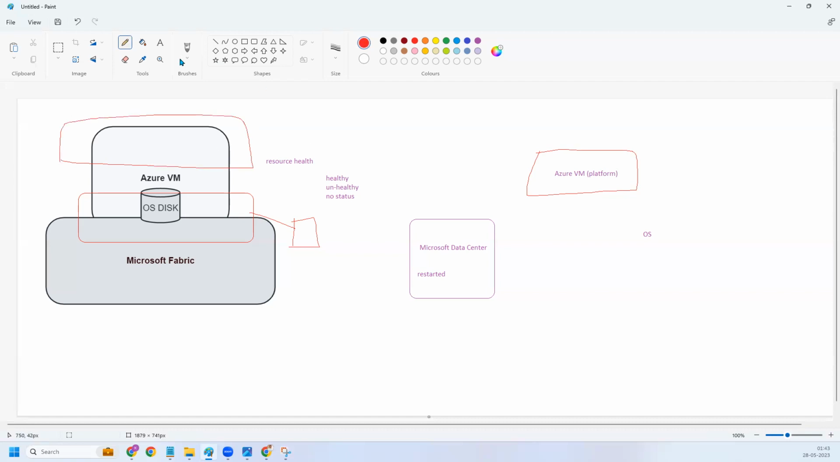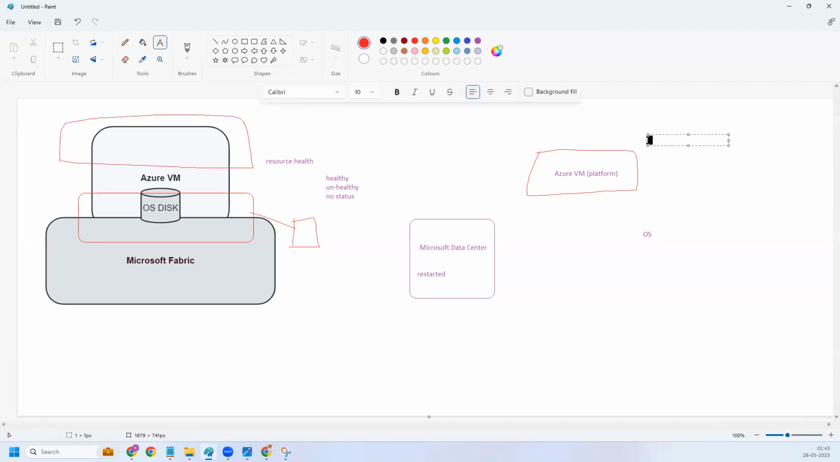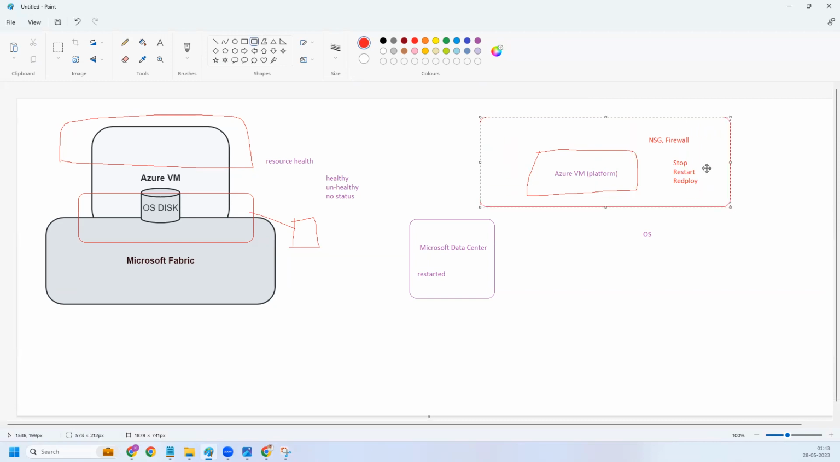So which means you control the traffic through NSGs, network security groups, or you control the traffic through firewall devices, right? Inbound, outbound traffic, right? So you have more control here. So in case somebody stops the virtual machine, restarts it, or redeploys it, or performs any operations that are done by you and your team members, then this is in your control. Okay, and these issues can be easily isolated, or you can easily identify them by just going to the